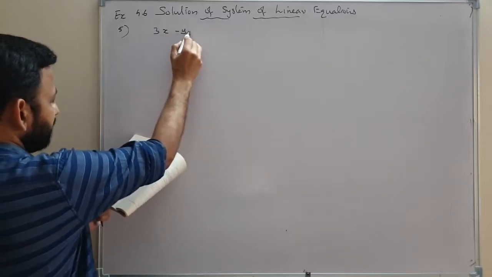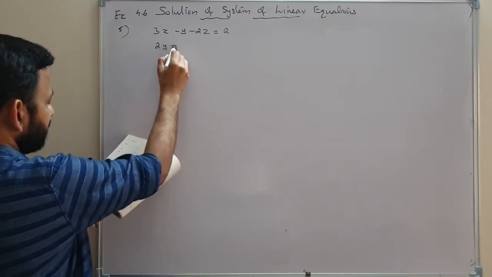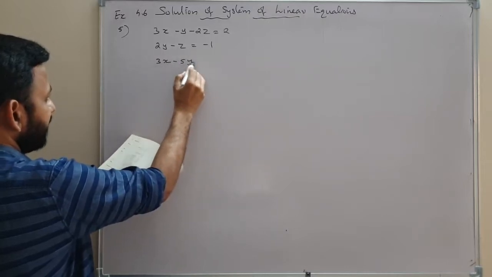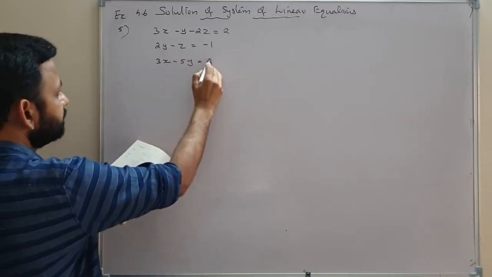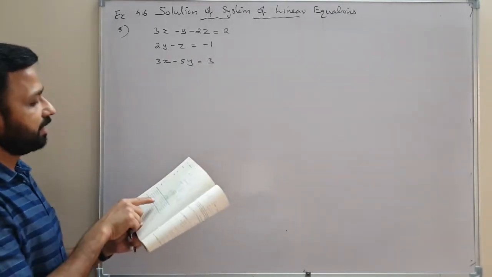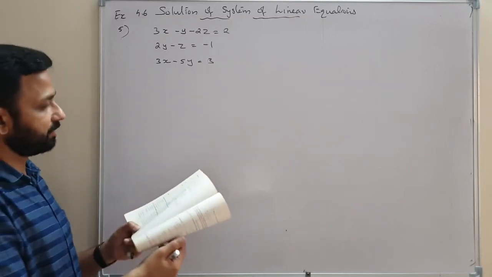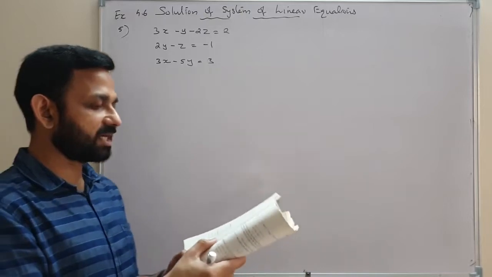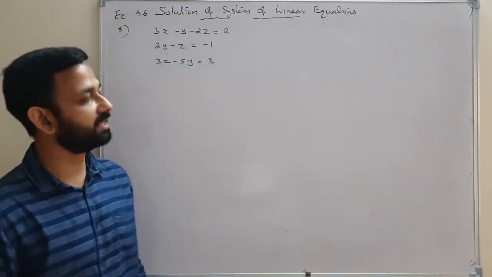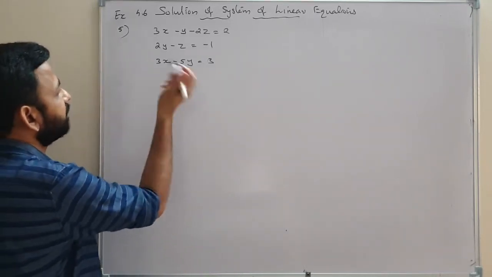3x minus y minus 2z equal to 2, 2y minus z equal to minus 1, and 3x minus 5y equal to 3. So examine the consistency of the system of equations. So first we have to find a determinant. So we can write in matrix form,